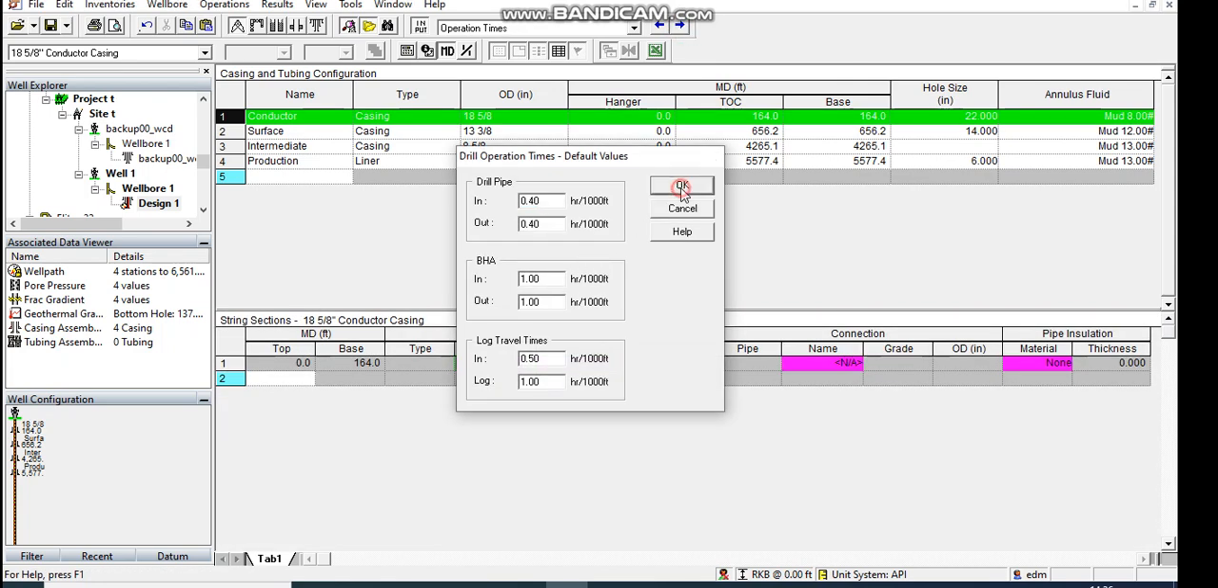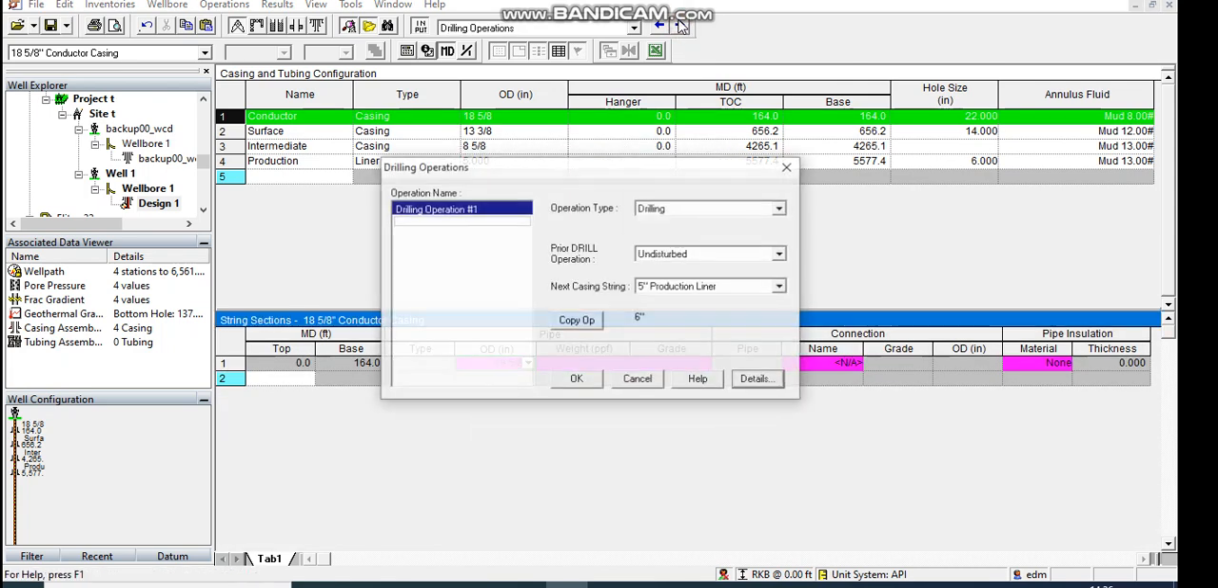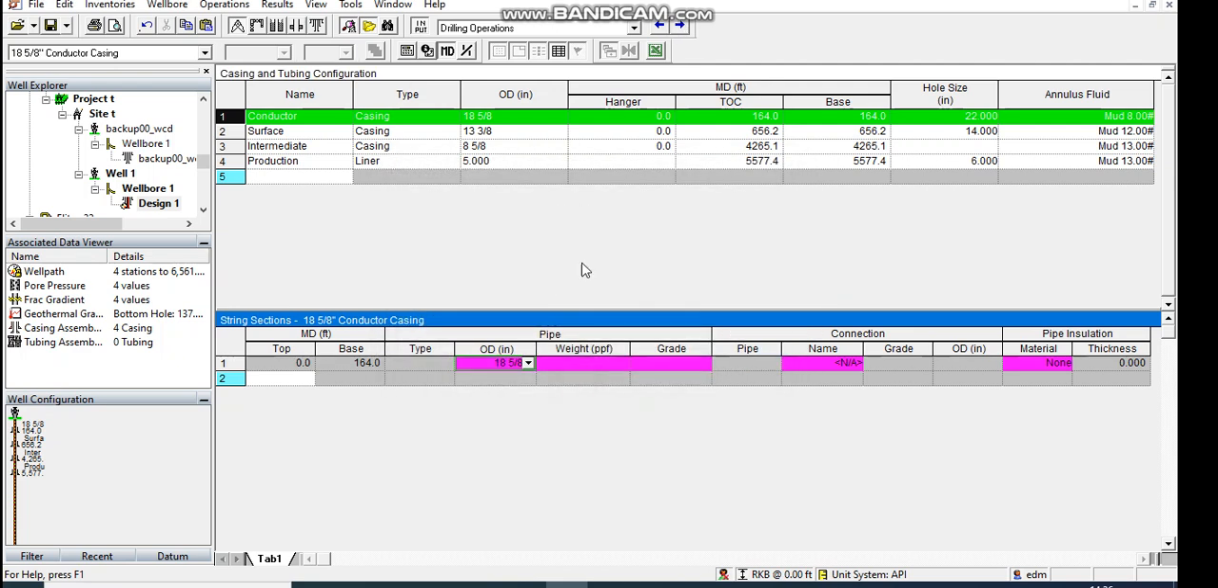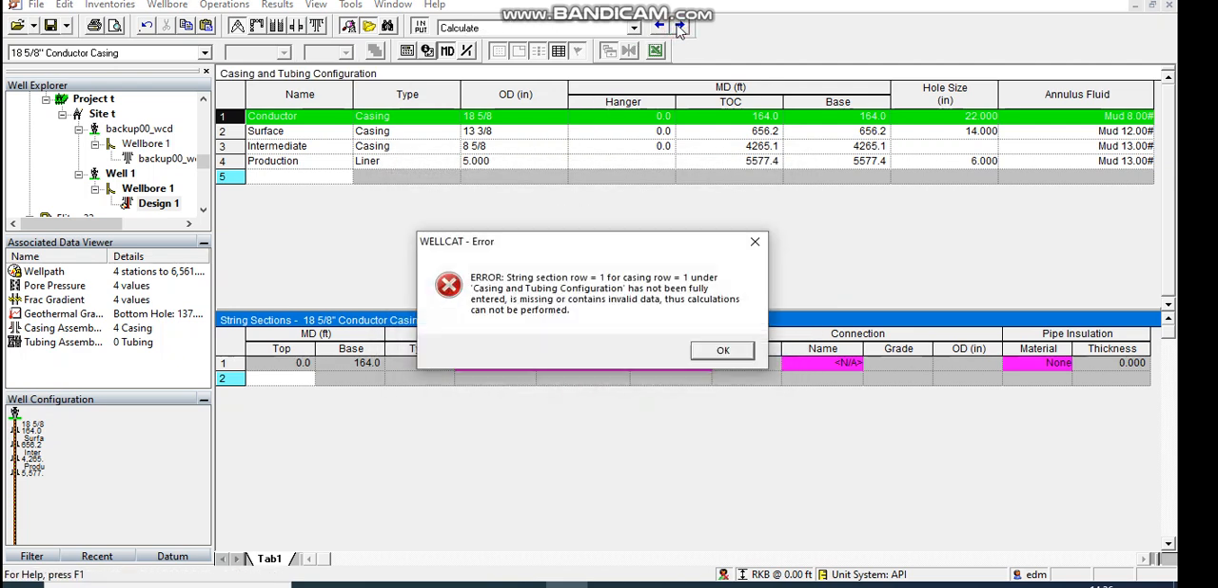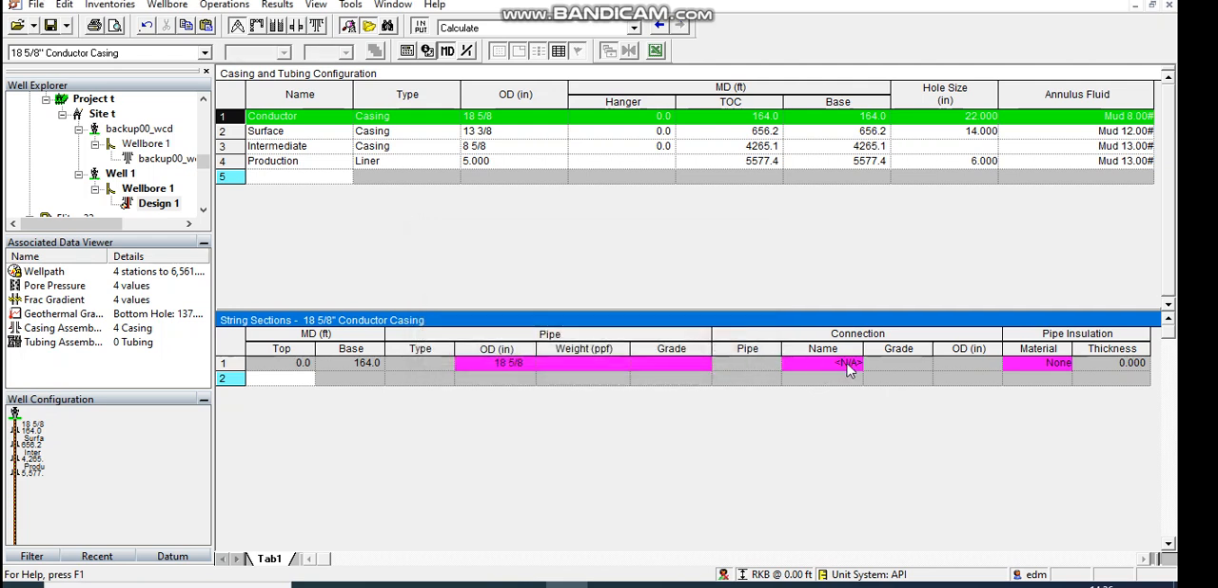when we reach the calculation here, where it is saying that at section row 1 under casing and tubing, the entry has not been fully entered, missing some calculation. What is missing here is this, which I've actually input, the grade,